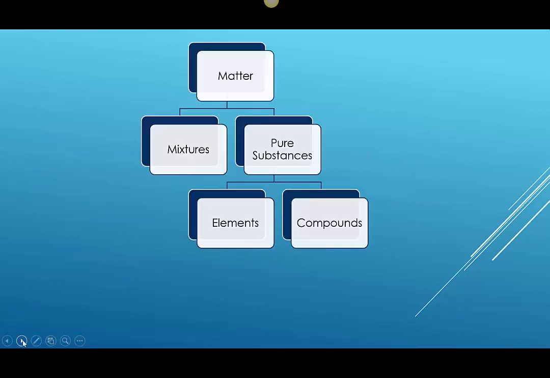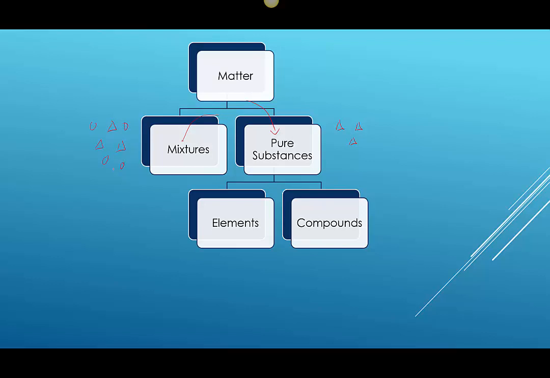So here's our extended graph that we were showing in the last one. The last time we looked at this, we didn't have the elements or compounds on here. Now we're just extending down. So we have our matter, which is made up of atoms and molecules and makes up everything in the universe. Matter can be broken down into our mixtures and our pure substances, remembering our pure substances containing only one type of particle, our mixture containing two or more types of particles,